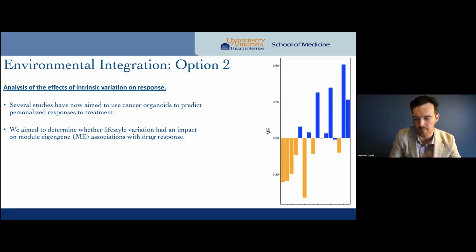And this can be seen broadly here, whereby for each individual, you're able to capture an average expression profile of all the modules within that gene, this modular eigengene, this first component of the module. And then you're able to relate the extent of that expression to your trait of interest,